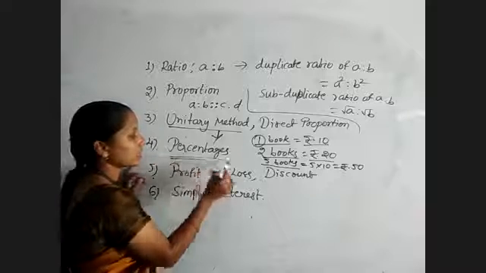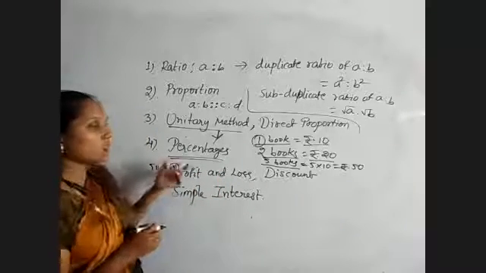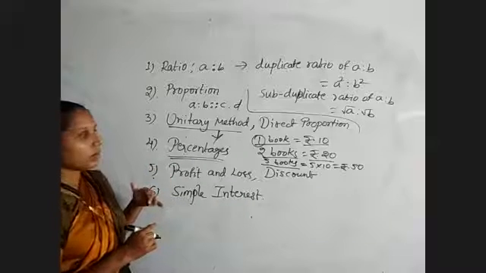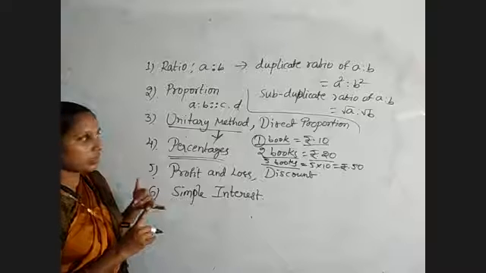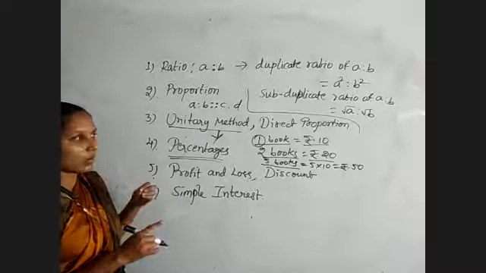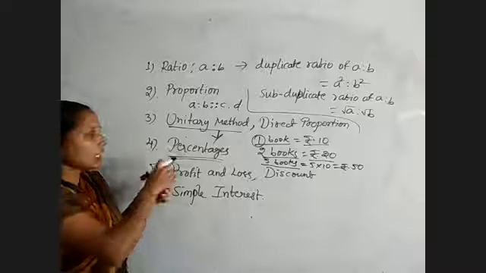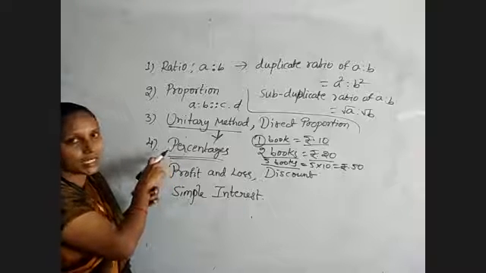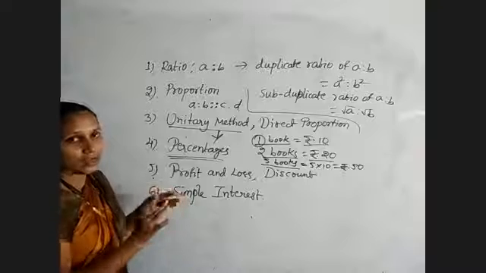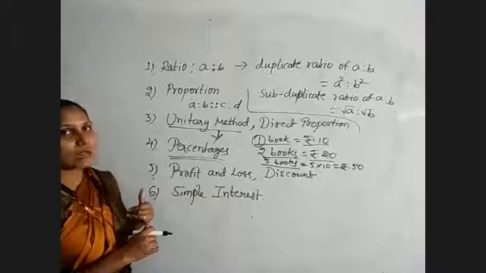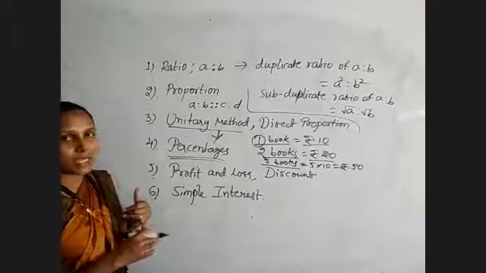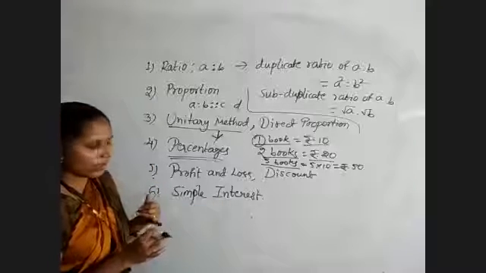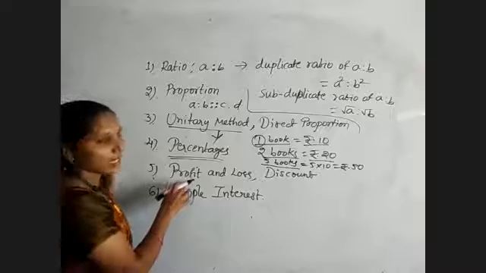Next, percentages. Percentages are calculated out of 100. Percent is nothing but out of 100. So in the case of marks, or decrement or increment in population, or whatever, in all those cases we use percentages only. Always we use percentages to represent any value. For suppose you are taking marks, we will not calculate direct marks; we always take the percentage only. And next, profit and loss, discount.